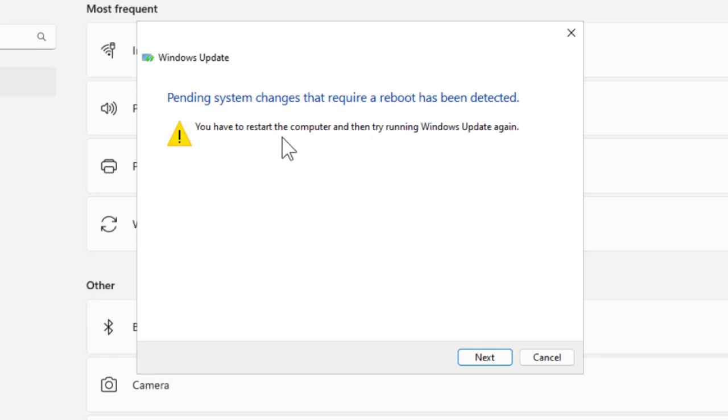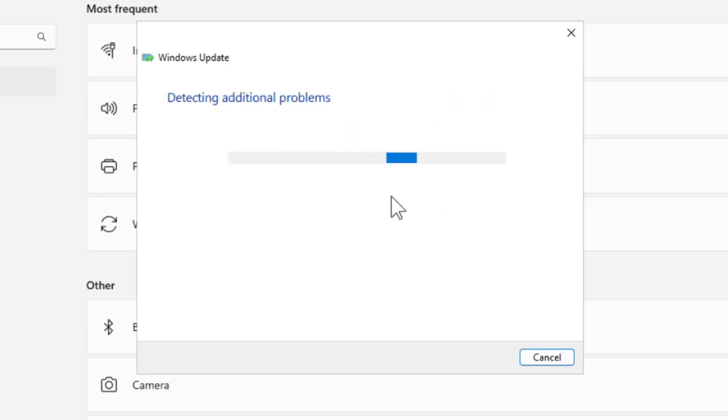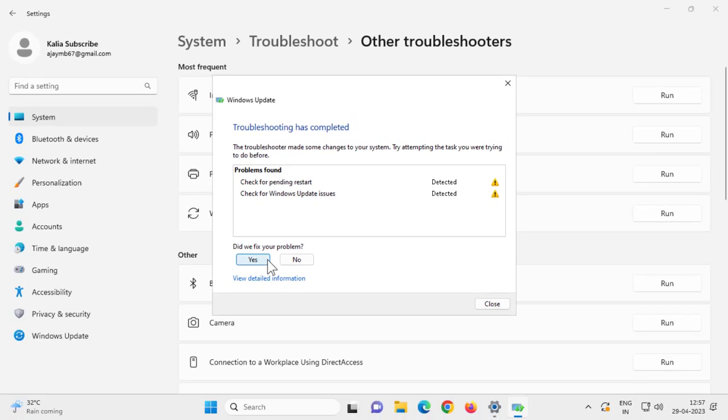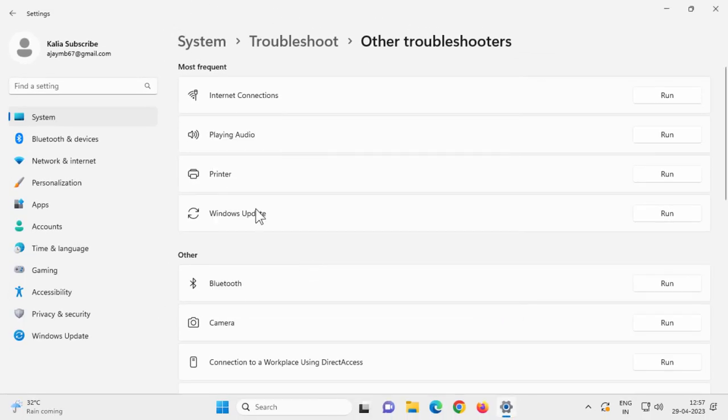You have to restart the computer and then try running Windows Update again. If you did not get a proper shutdown, it can also resolve it. Here are two detected problems: check for pending restart and check for Windows Update issue. Click yes and close out of the troubleshooter and click Windows Update